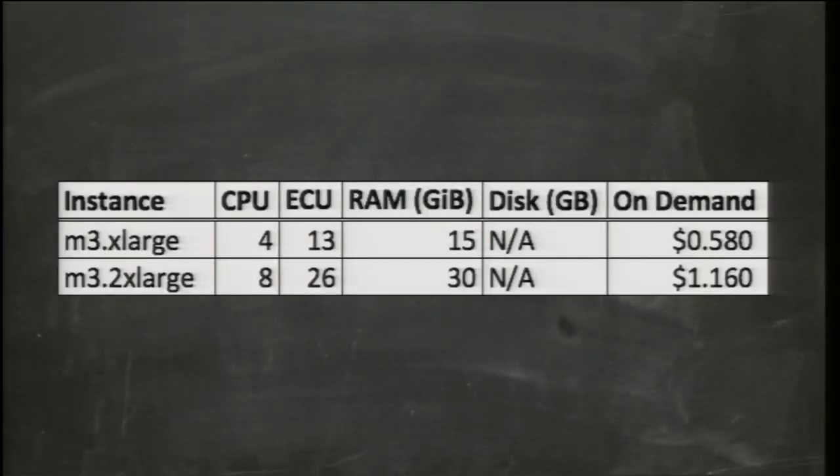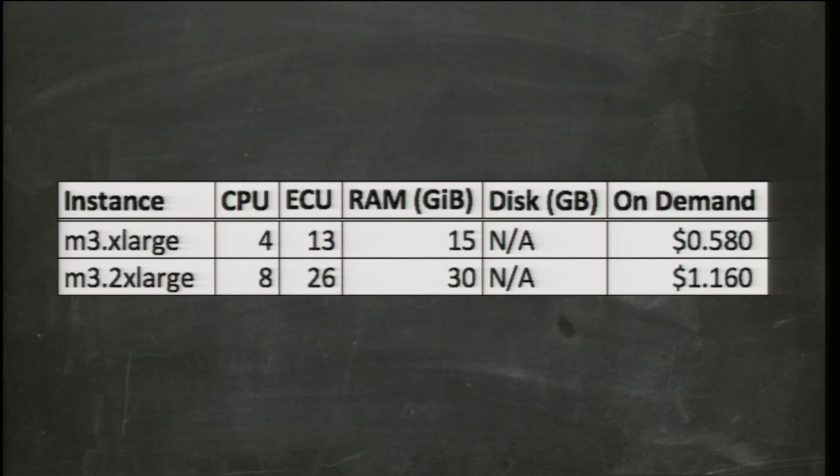But technology improves. So the thing that we did just a month or so ago was take advantage of some of these technologies and launch what we call the 2nd generation of standard instances, what we call M3 standard instances. They come in 2 sizes, extra large and 2 extra large. And if you look at the M3 compared to the M1, they provide you a similar balance of resources. They have about 4 gigabytes of RAM per virtual core, so 15 gigs on the extra large for 4 CPUs, which is exactly the same as the M1 extra large. The difference is your ECU rating goes up from 8 to 13.